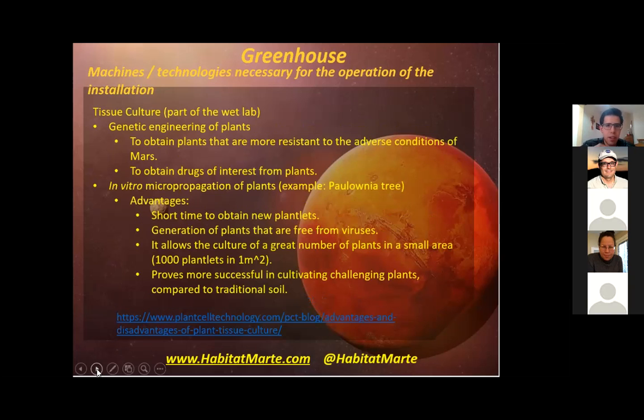This is the other part of the wet lab that I proposed, a tissue culture lab, which could be used to genetically engineer these plants in order to enhance them, to make them more resistant to the adverse conditions of Mars. And it can also be used to obtain several drugs of interest from them. In addition to this,